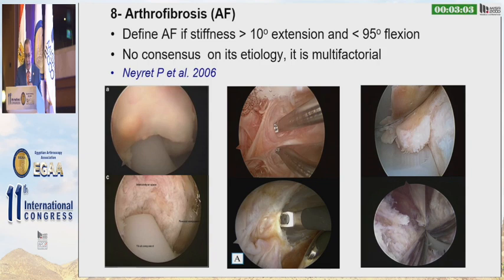Number 8, arthrofibrosis. Define arthrofibrosis if stiffness more than 10 degrees extension and less than 95 degrees flexion in the first 6 weeks post-operative. No consensus on its etiology. It is also multifactorial. You can notice here the fibrous tissue covers the notch and here after shaving, and there a lot of fibrosis in the suprapatellar area treated by shaver or